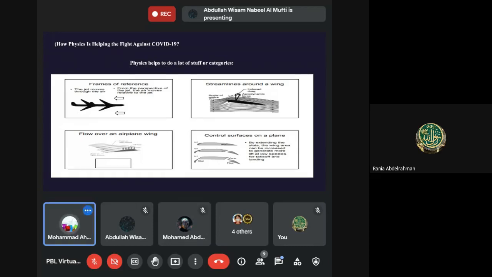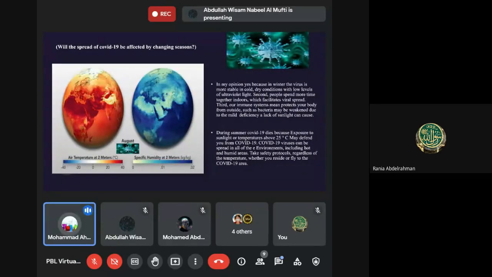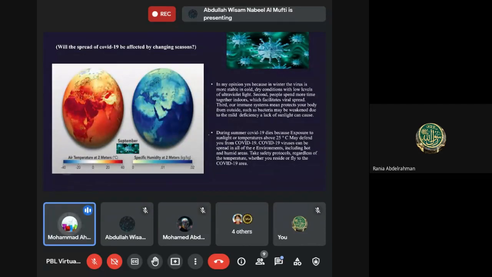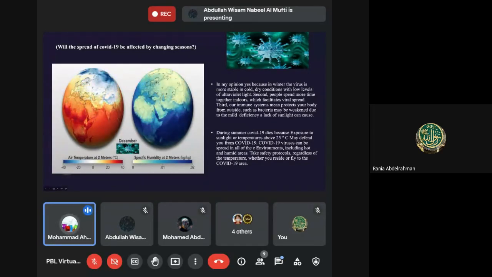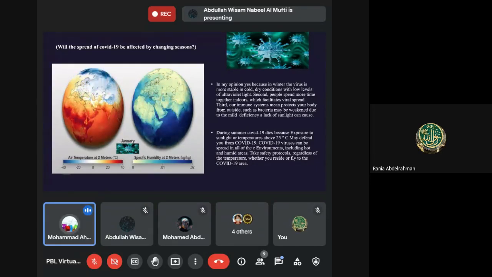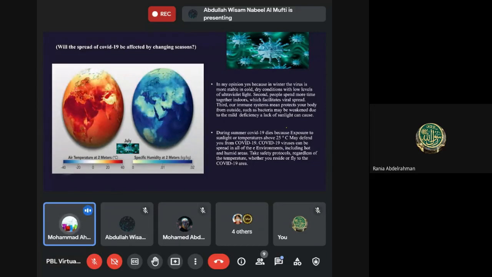You can go to the next slide, Abdullah. Okay, as we understand here, let me give a short brief about the spread of COVID-19 being affected by changing seasons. During the seasons, the spread of COVID-19 changes all the time. By summer, it dies, and with sunlight exposure, it is completely gone. But in winter or fall, it increases in these humid times sometimes, and this is related to the COVID-19 area. You can go to the next slide, Abdullah.